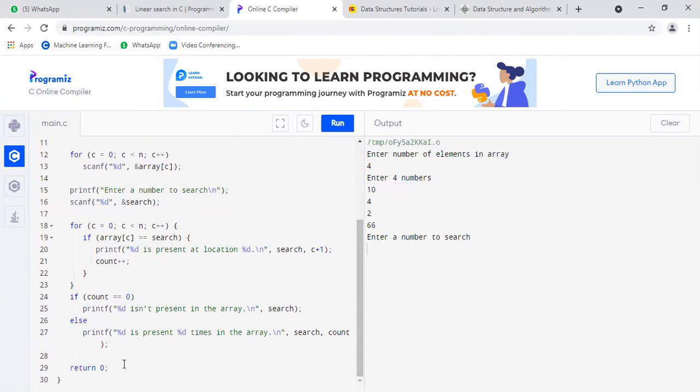So we can write the linear search program in many ways. This is the simple way. You can write linear search in different methods, but this is the simple program. Simply take variables and set the count to 0. After that, only two if conditions. One if condition for searching. After that, one if-else condition: found and not found, return 0. So directly you can compile and run the program.